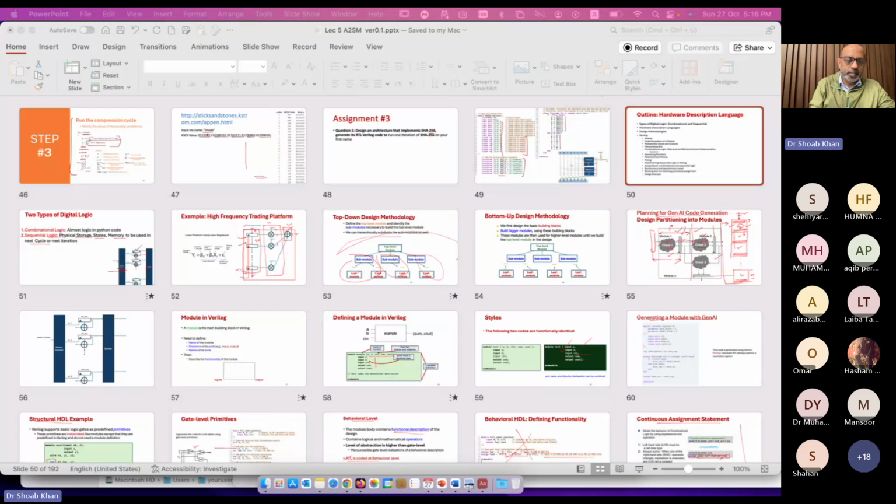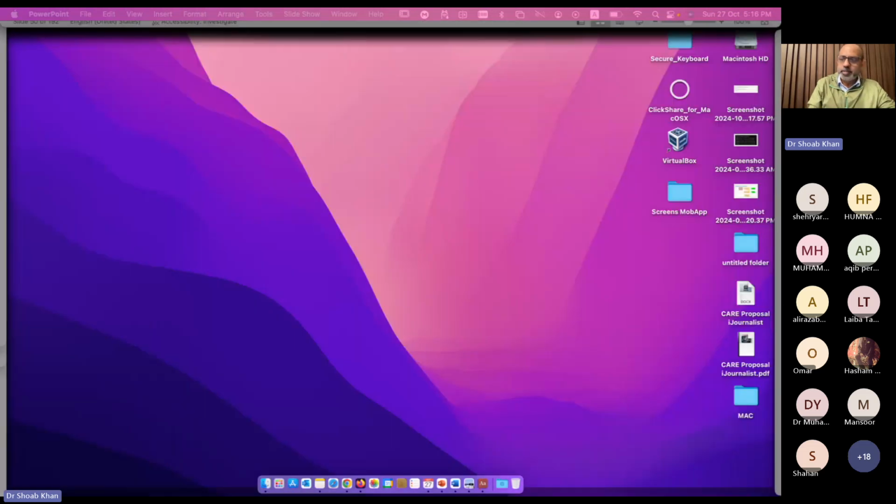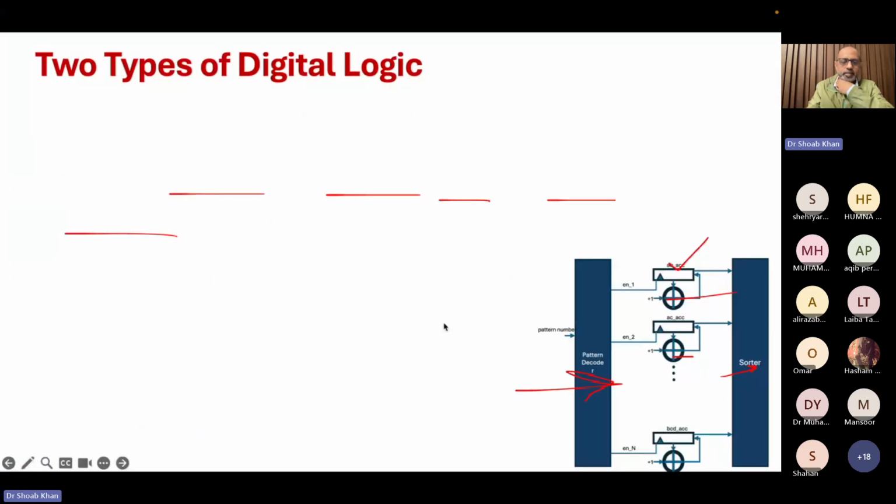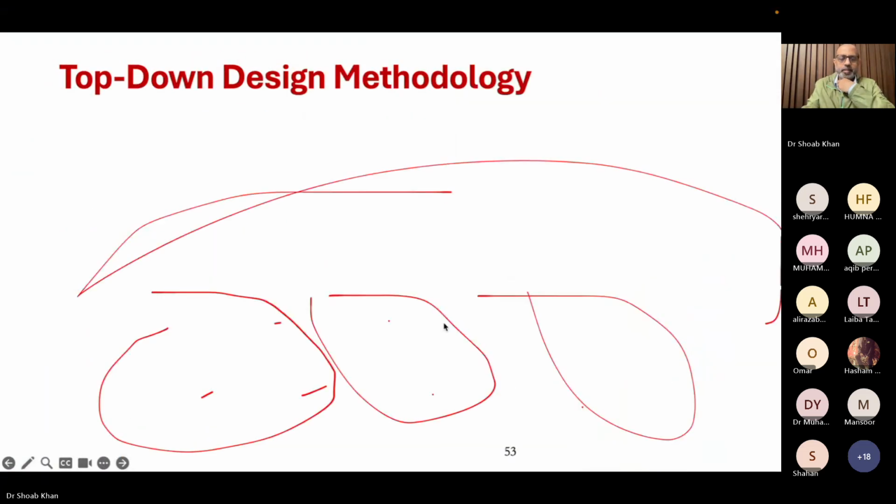Can you believe this? I'm not seeing my mouse for some reason. Okay, now I see my mouse. Because this is Apple helping each other not to make me. Okay,